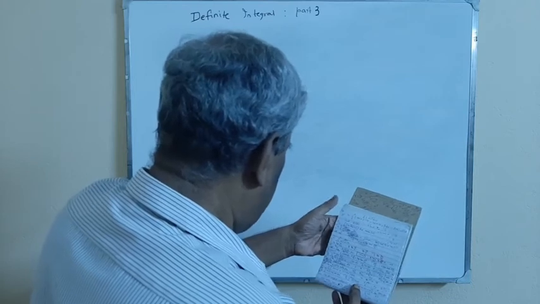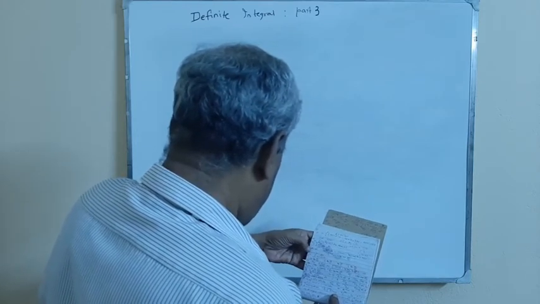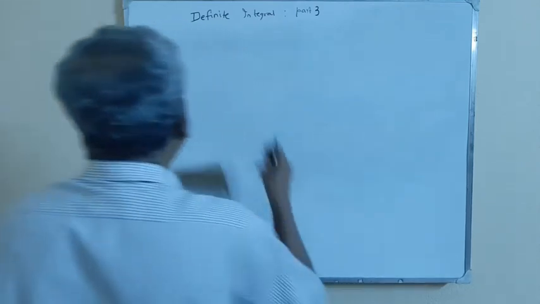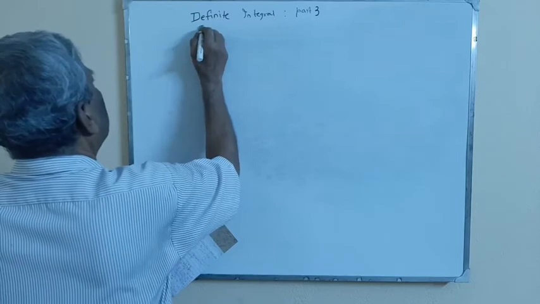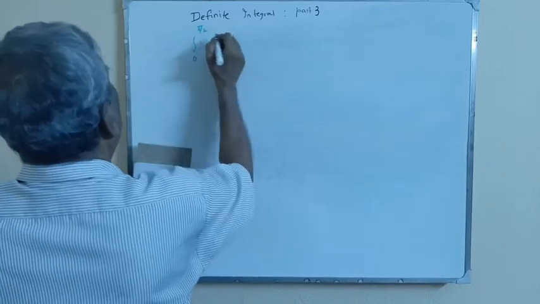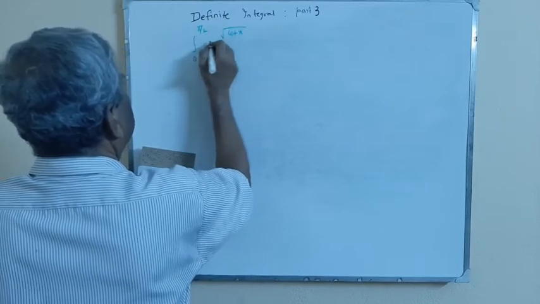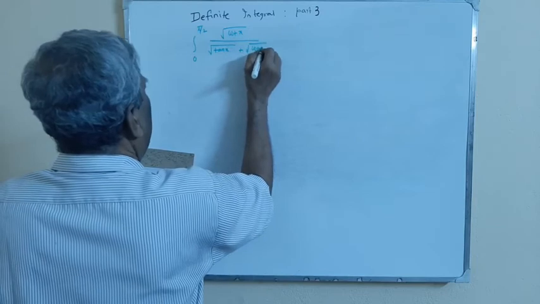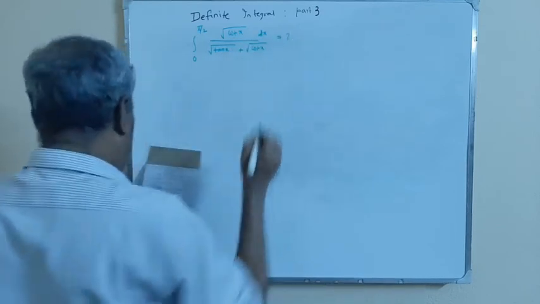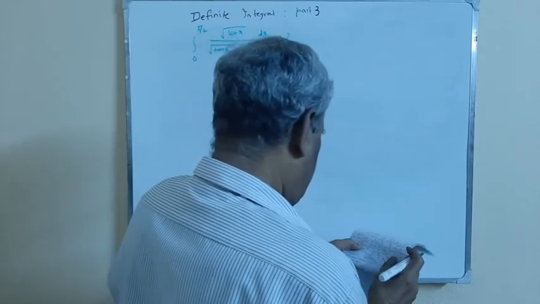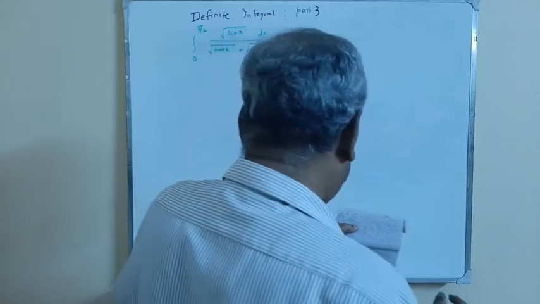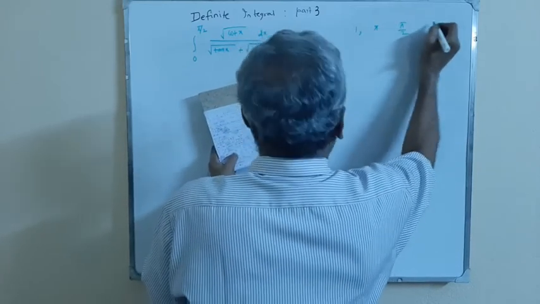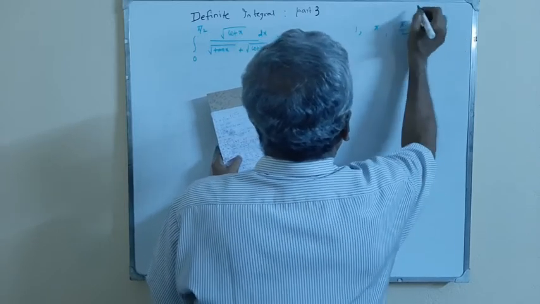Next problem is the integral from 0 to pi by 2 of root over of cot x by root over of tan x plus root over of cot x, how much dx. Options are 1, pi, pi by 2 and pi by 4. That problem was given in